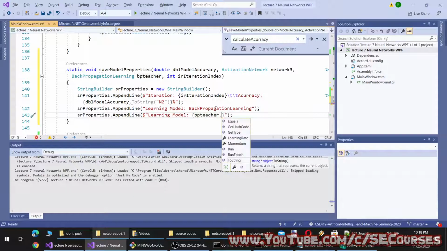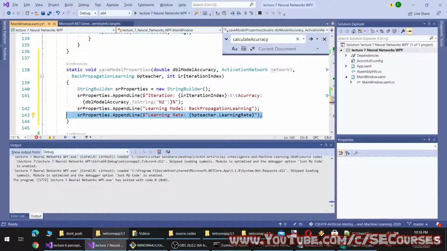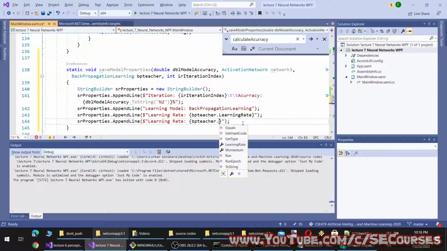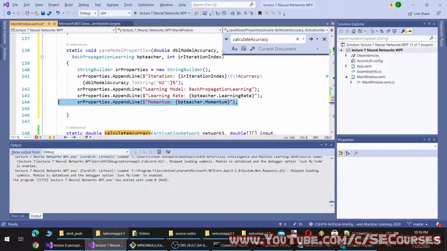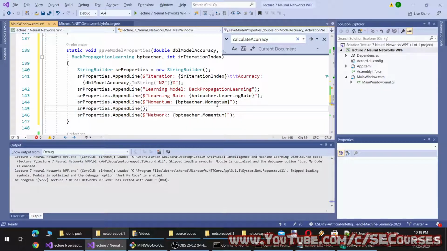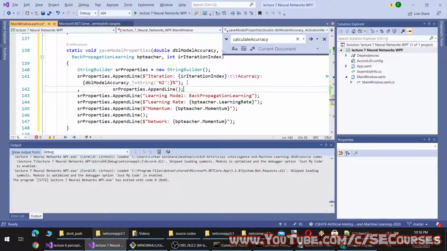what values does it have? It has learning rate, and what else is there that we can say? Momentum, and there is network information. For the network, okay, this is all cosmetic changes.